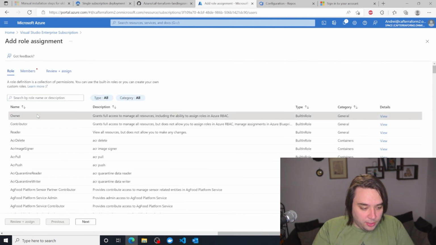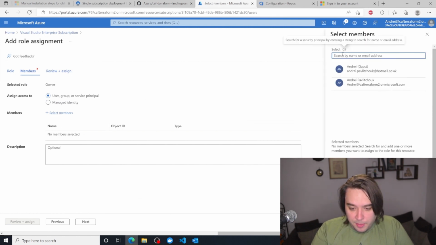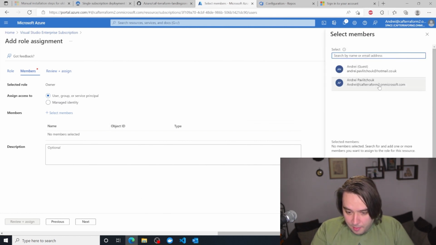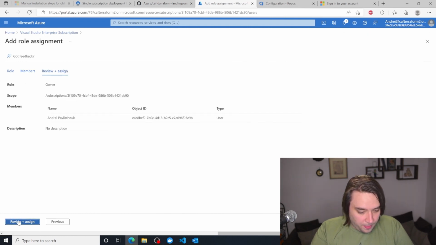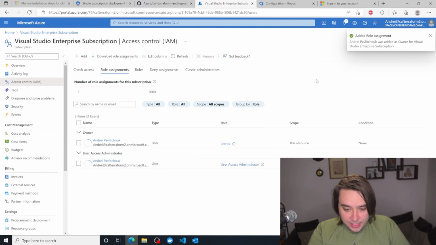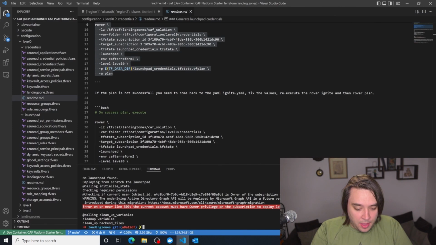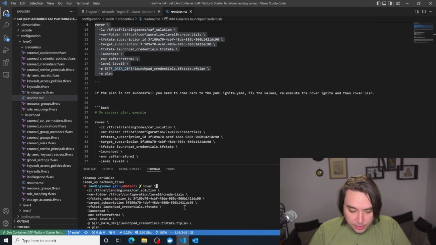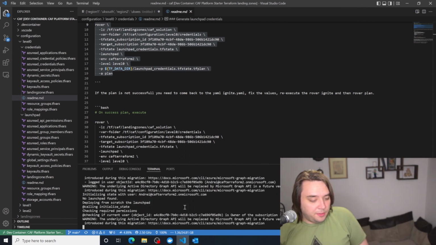So if I did add role assignment, I chose owner, selected the members, and selected my CAF Terraform one, then review and assign, I'm going to add myself as the owner of this subscription. Then I'm going to hit up Visual Studio Code, and I'm going to plan again, and hopefully this should now work.